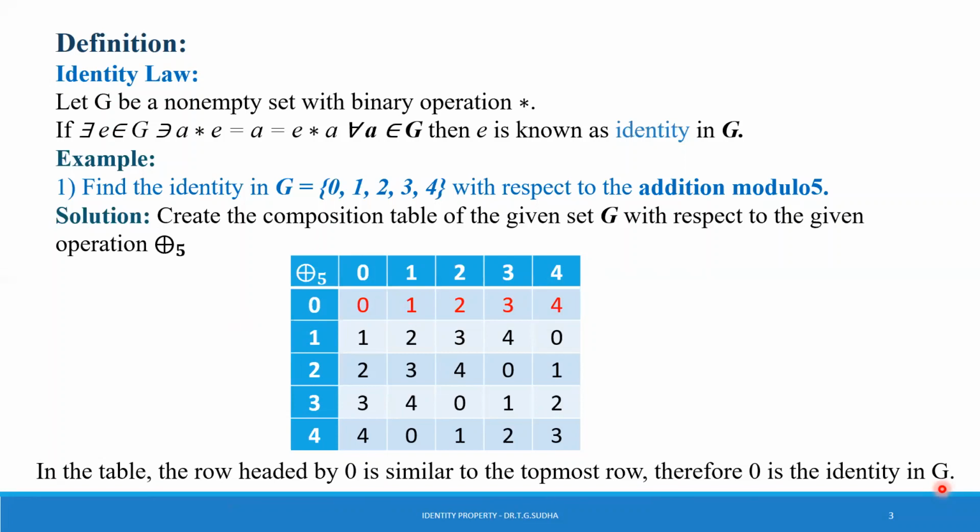Now let us see the Maxima program to find the identity of a given set G. So the first line is kill(all). Here the command kill deletes user variables, functions, arrays, etc. and resets all the internal variables to their default states. Next we enter the given elements in a list. To represent them in a list, we use square brackets. So the square brackets return the list of elements.